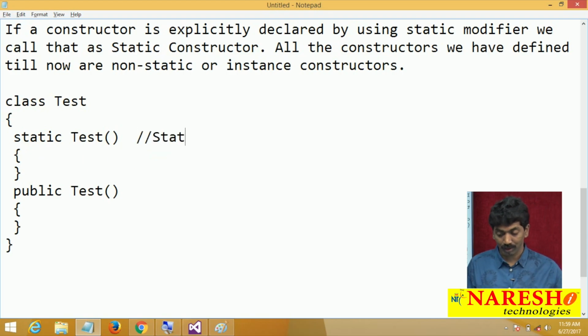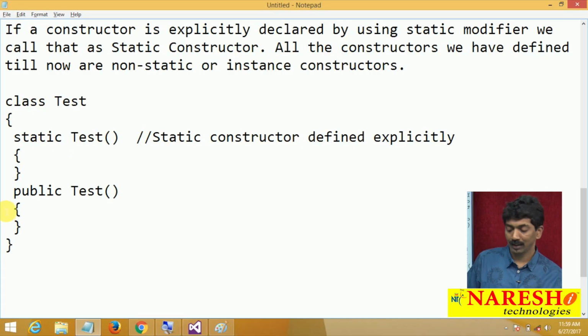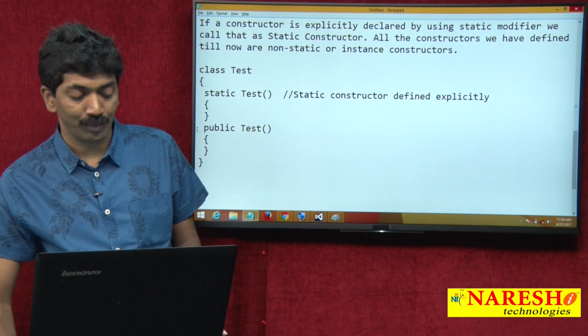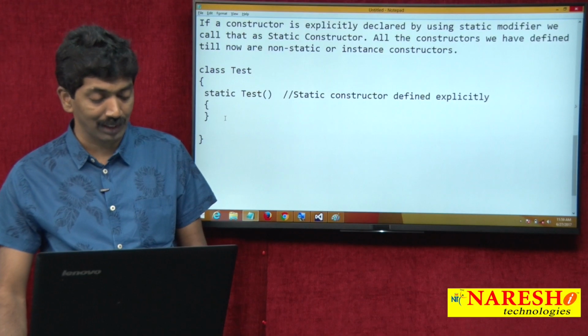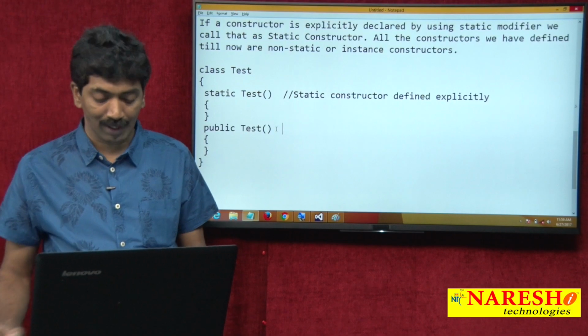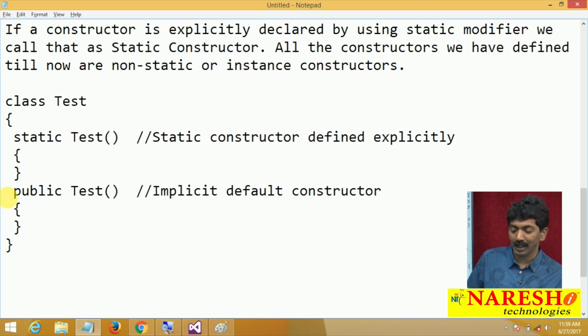So this is a static constructor defined explicitly, and I did not define the other one. When I compile this class, it will have an implicit default constructor. So this is every time guaranteed.